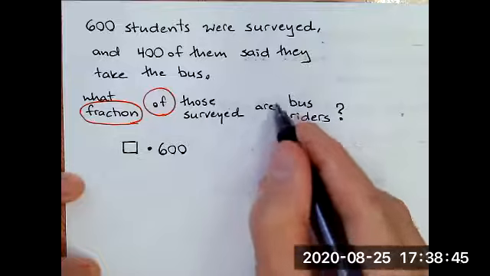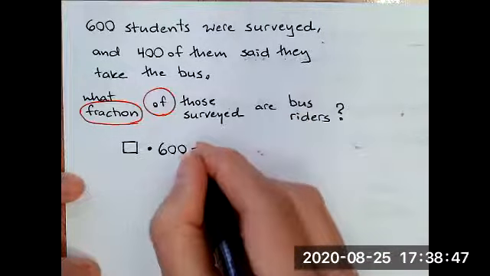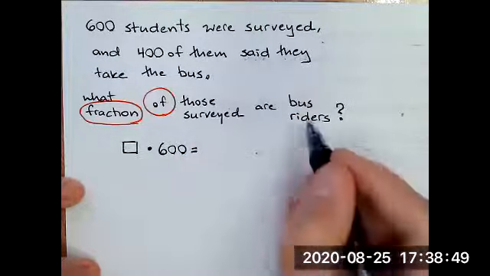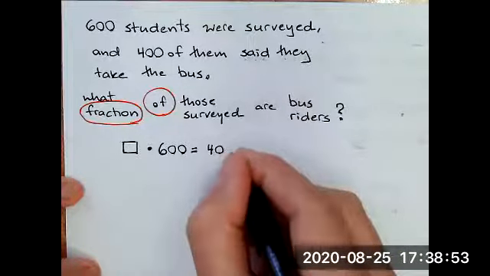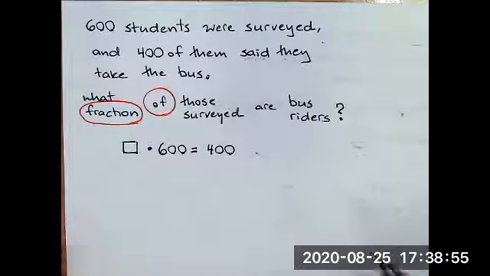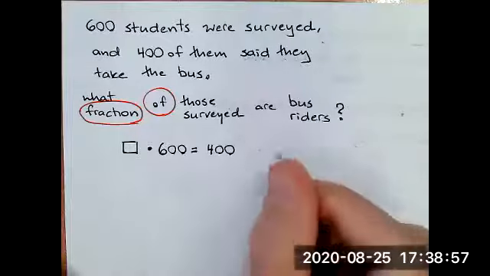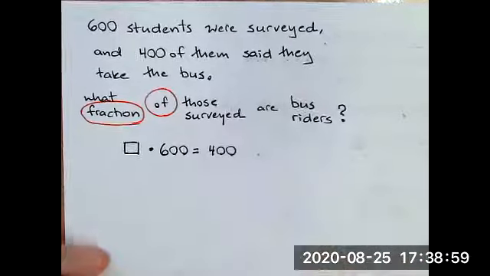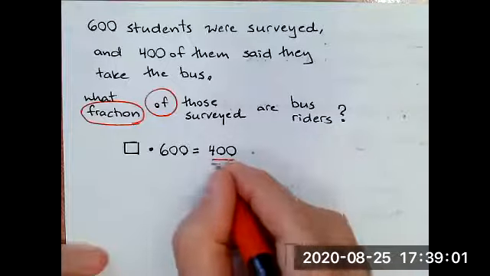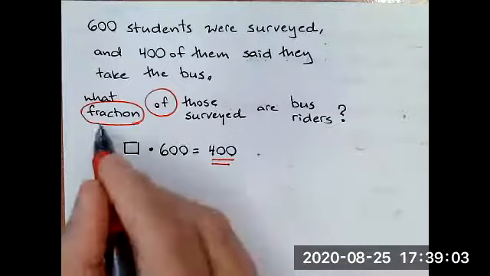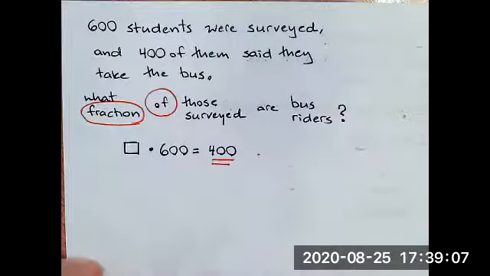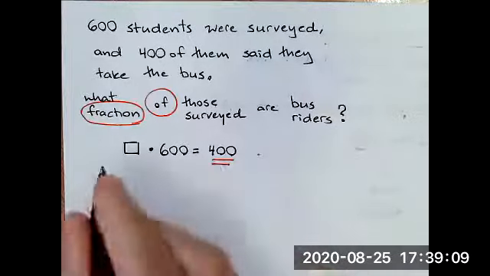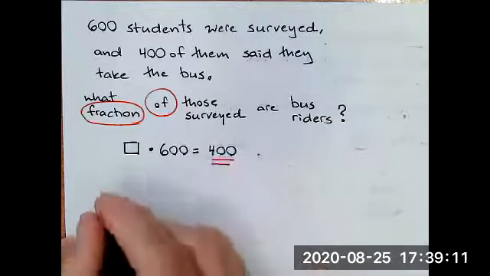R is another word for is, which is equals. And how many are bus riders is 400. So this is the missing factor. We're going to divide the product, but because we want a fraction, we'll write it as a fraction. So the product goes on top,